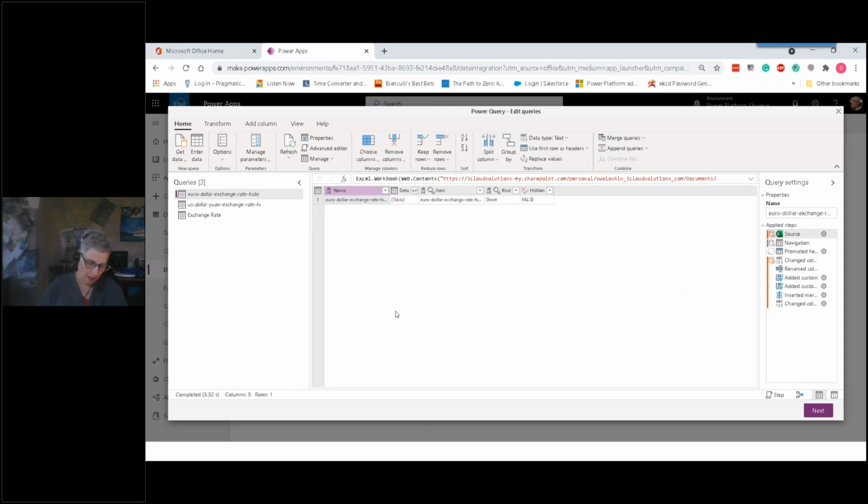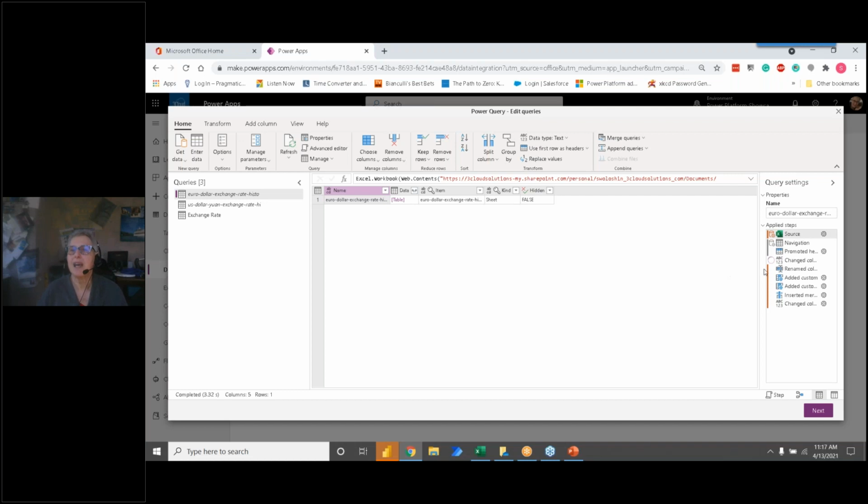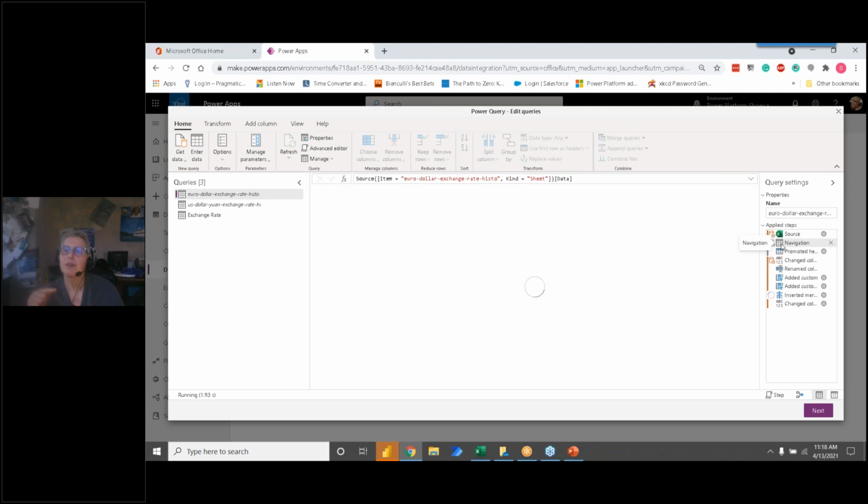The other thing about applied steps, I'm clicked on the very first one, so in the preview, what you see is a preview of the data with only that step. When you bring the source in, it actually did these first 4 steps. So it let me choose what the source was, and then it brought in the source.